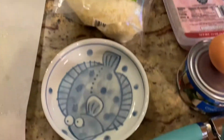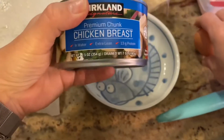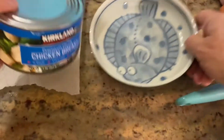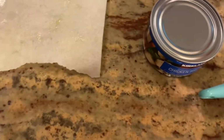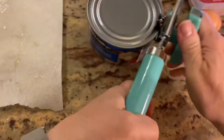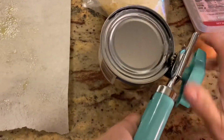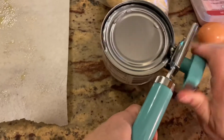Okay, you can see I have a few things out here. The first thing I do is this can of chicken breast. This is Kirkland brand, but it's all kind of the same. So you just want to open the can. There's a lot of liquid in this, and you can pour it down the drain if you want, but I